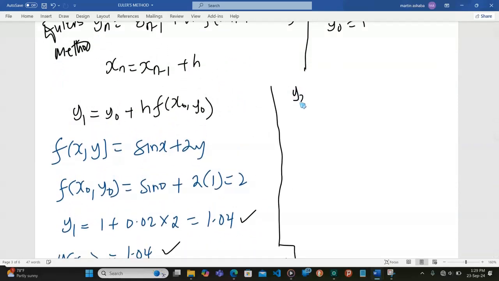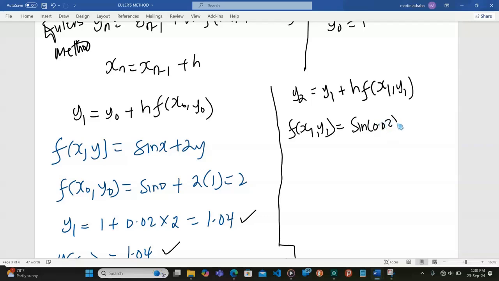Now, y2 is y1 plus h f of x1, y1. So what is the f of x1, y1? Because that's majorly what we need to compute. This is going to be sin of 0.02 plus 2 times y1, which is 1.04. And what are we getting? We are going to find that y2 is y1, which is 1.04, plus h, which is 0.02, times sin of 0.02 plus